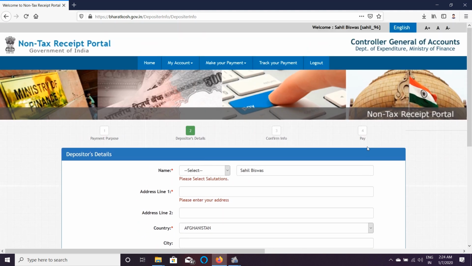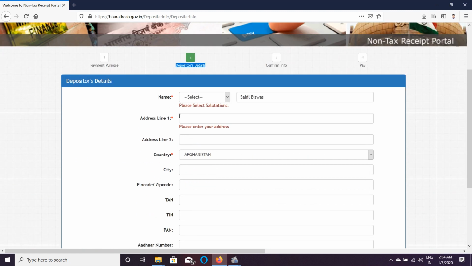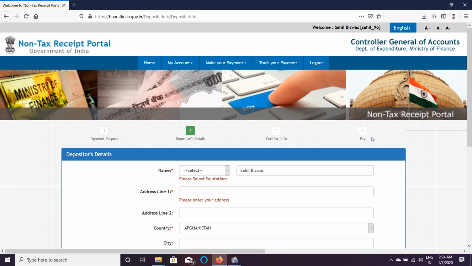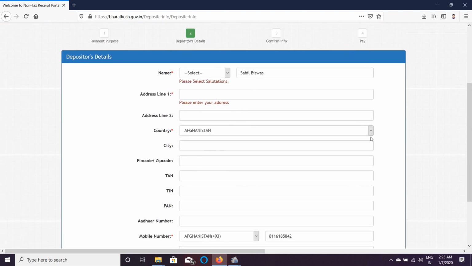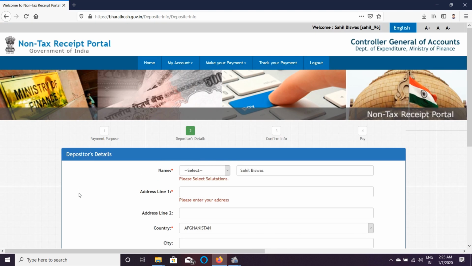Afterwards the same thing. See, there are 4 tabs. Purpose I've already shown you. Depositor, state details, that you have to fill up. Then the same details will be shown to you, that for confirmation you have to confirm and pay. The payment is simple net banking payment, like you're paying for buying something from Flipkart or ordering some pizzas from Domino's. Same payment, not any different thing. So this is the way you can pay